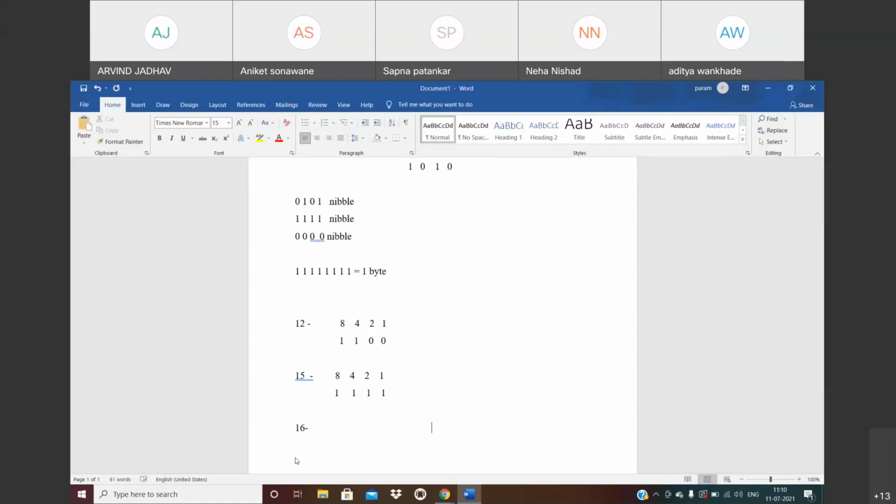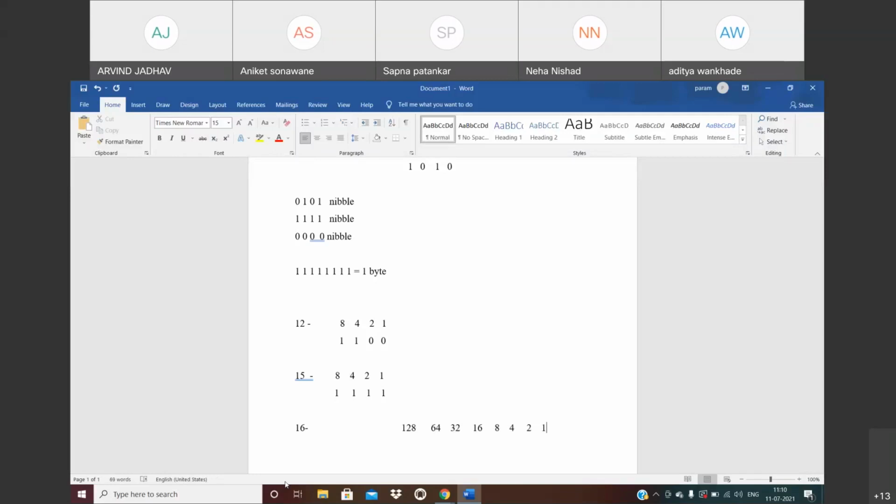So here, for example, the last bit of the rule is 1, the double of 1 is 2, the double of 2 is 4, the double of 4 is 8, the double of 8 is 16, the double of 16 is 32, the double of 32 is 64, and the double of 64 is 128. These are the 8 bits. How many bits are these? 8 bits. So make a note of that. If you want to calculate the binary of a number above 15, that means 16 to 128, then we can calculate it by using this rule.